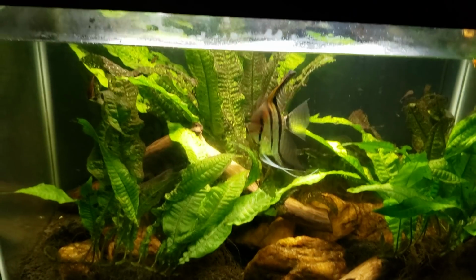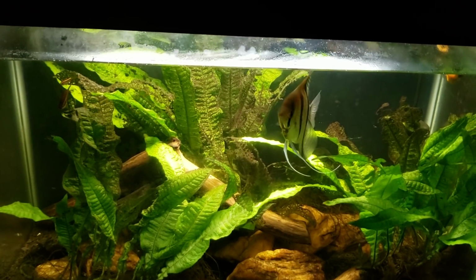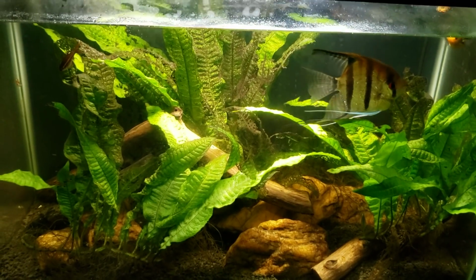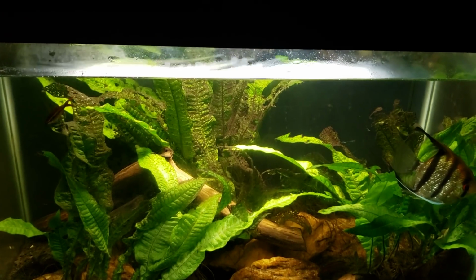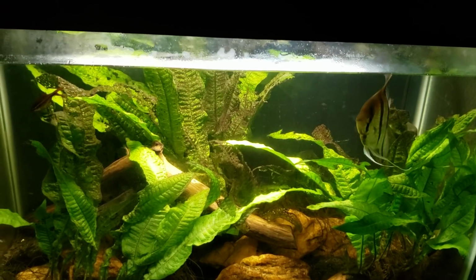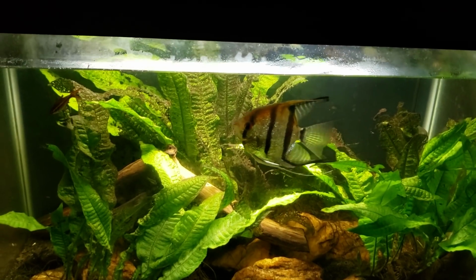I do need to do a water change. You can see the water level's getting a little bit low. Sometimes I will top a tank off once before doing a water change. Usually, though, I kind of use that as a gauge. If the water level's that far down, it's probably time to just go ahead and do a water change rather than just top it off. If I do top it off, I try to remember that I topped it off, and that way, you know